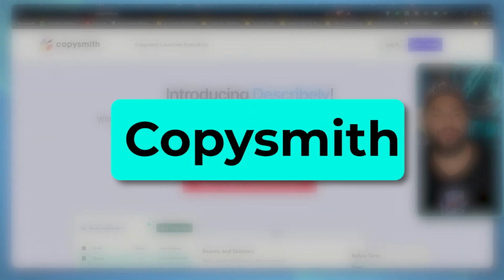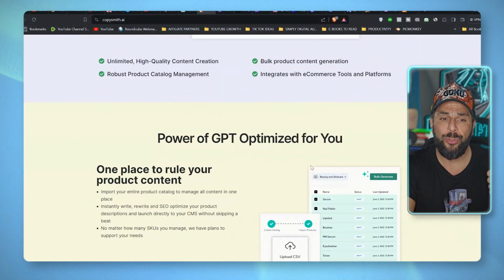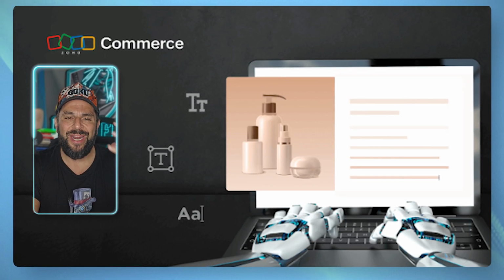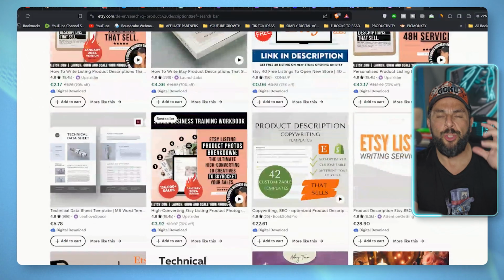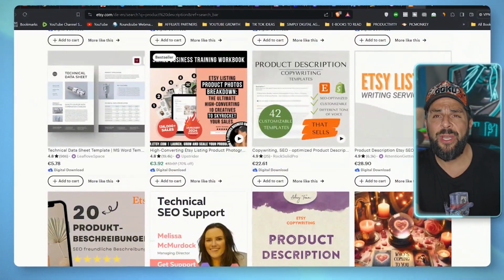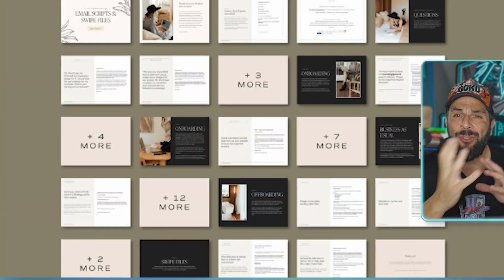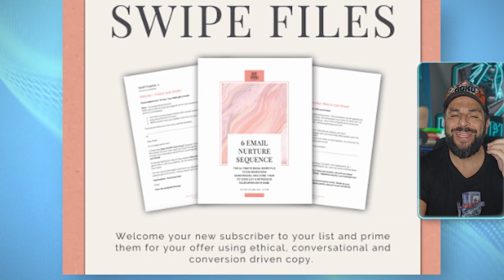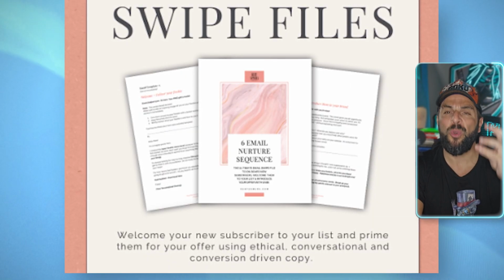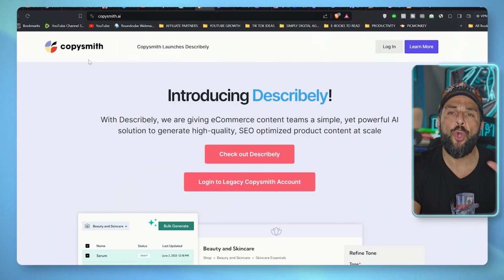digital product. Number 3, this is an amazing AI tool that we will use to create product description bundles where you can craft high-converting product descriptions for different categories or products. You can sell them on Etsy, where you're gonna see that there are tons of people asking for stuff like that. You can also create sales email swipe files, so pre-written sales email templates with proven persuasion techniques. And Copysmith makes that so easy to create.